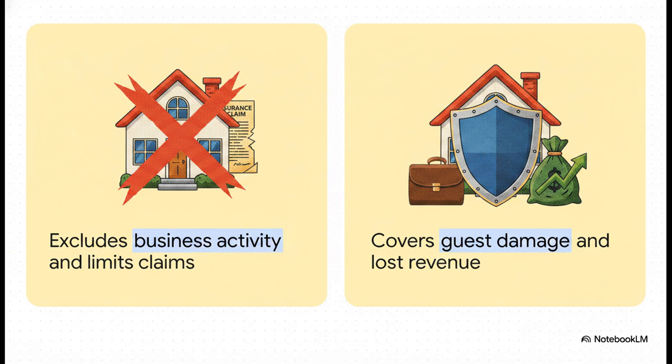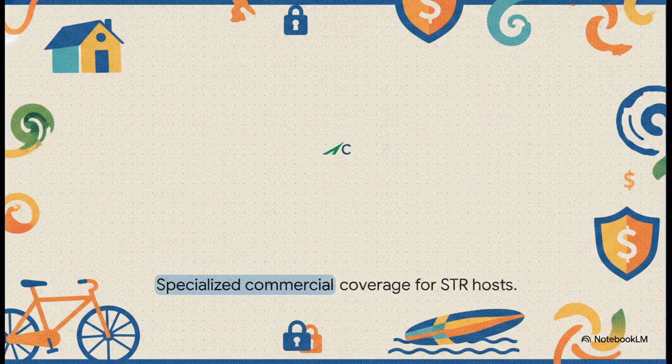Think about that. If a paying guest accidentally starts a kitchen fire, your claim could be flat out denied, zero coverage. What you actually need is a comprehensive commercial short-term rental policy, one that specifically covers guest-caused damage and, crucially, reimburses you for lost business revenue while the property is sitting empty being repaired. So the big takeaway here is that you really need specialized providers, like CBIs, for example, who truly understand the